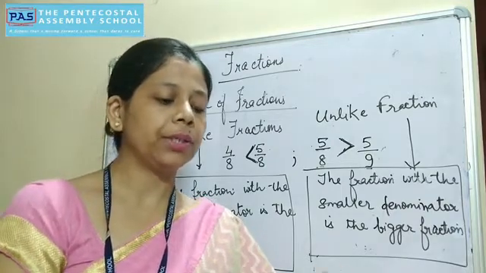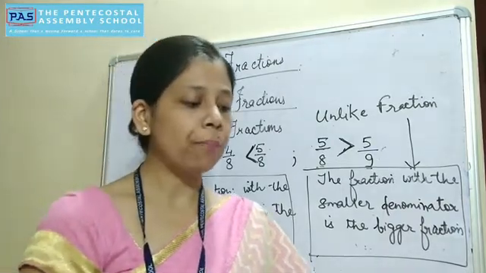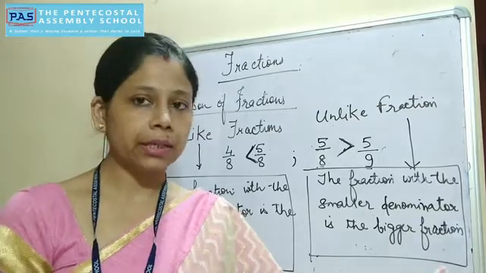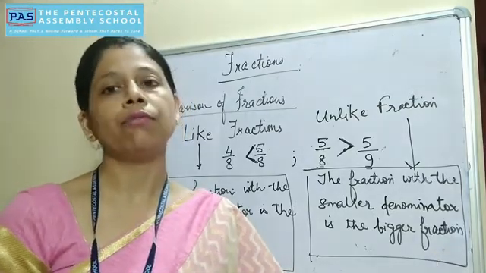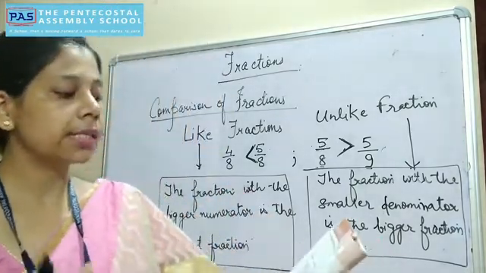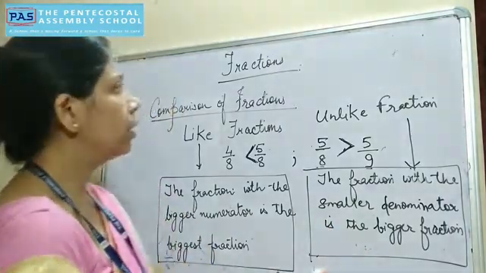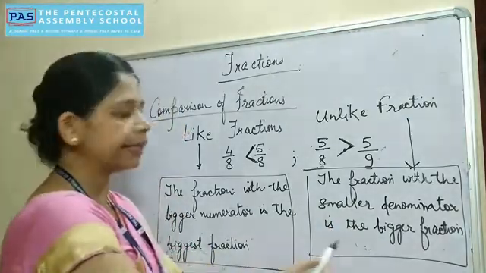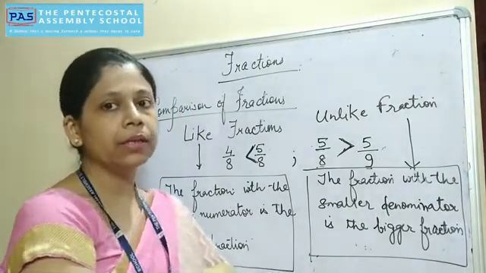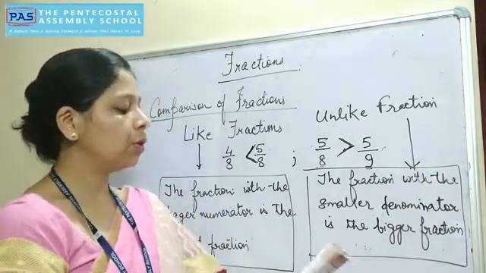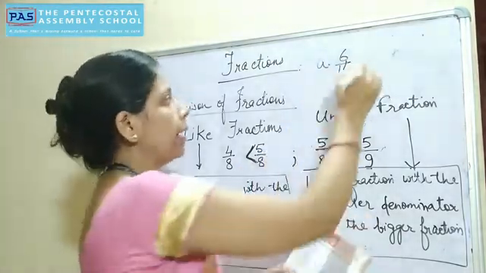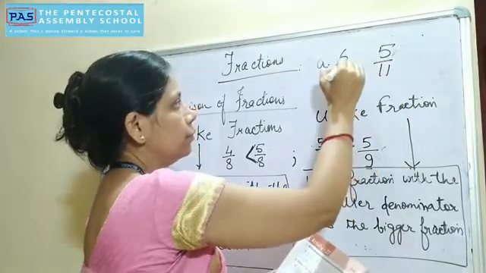Now come to Activity 20. Let us first do question number 2 only, because we are doing comparison of fractions. Fill in with the greater than symbol, smaller than symbol, or equal to symbol in the following fractions. So we are comparing the fractions. First is 6 by 11 and 5 by 11. Please write these two rules somewhere, because they are not in the book, and they will help you to compare the fractions. I am doing it over here: 6 by 11 and 5 by 11. Now, which type of fraction are these?